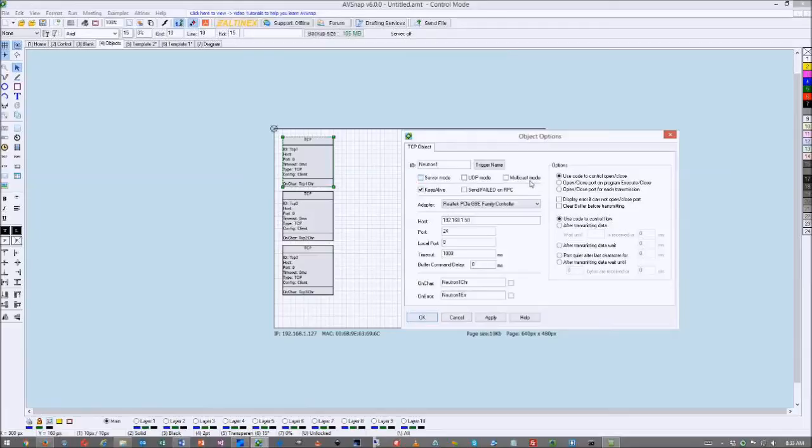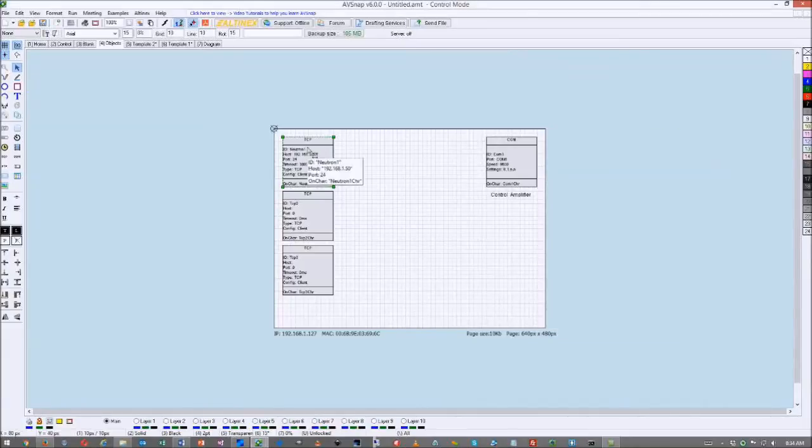You'll notice that there's a couple of other options here that we'll use in future, more advanced training. We can set up as a server mode. That means we will become a server. We can transmit data in UDP mode, which allows you to transmit information to multiple controllers at the same time, but they need to have a capability of actually being controlled using UDP. We also can do multicast mode. So all of this is for advanced application. We'll talk about it. Let's go ahead and apply this. And you can see all of these functions now are incorporated right here and give you clean information of